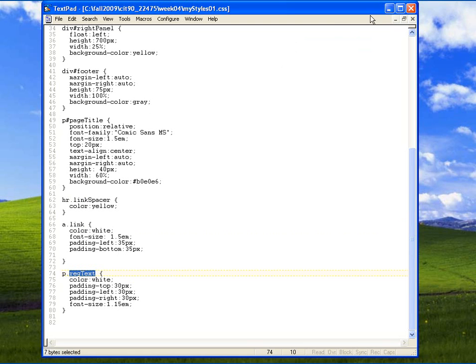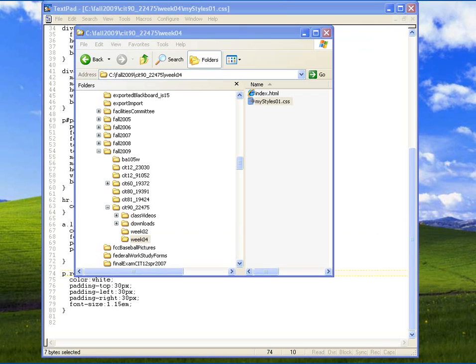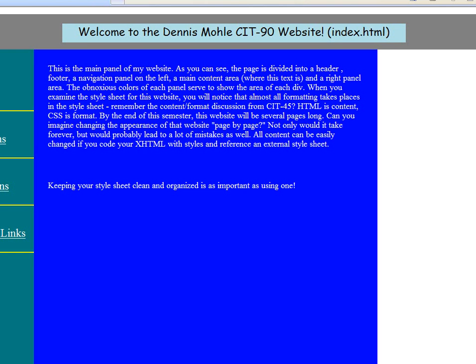So let's see how my page looks now when I view it in a browser. For design and build purposes, I've put both my style sheet and my XHTML file in the same directory. We'll have to separate these out once I load them onto my server. And I have them both in a folder. Again, I'm on my local machine here at week 04. So all I do is click index.html, double click to open that up, and I can see what my